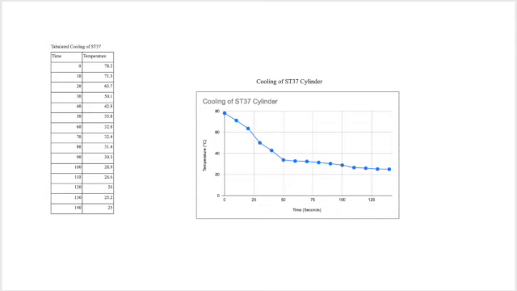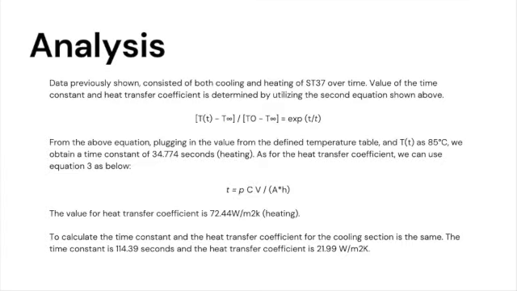So the analysis: the data previously shown consisted of both cooling and heating processes. However, there are significant differences between the time constant and heat transfer coefficient for the heating and cooling processes. Let's start with how we got the answers. Using the second equation previously shown, we can find the time constant. The time constant for the heating process